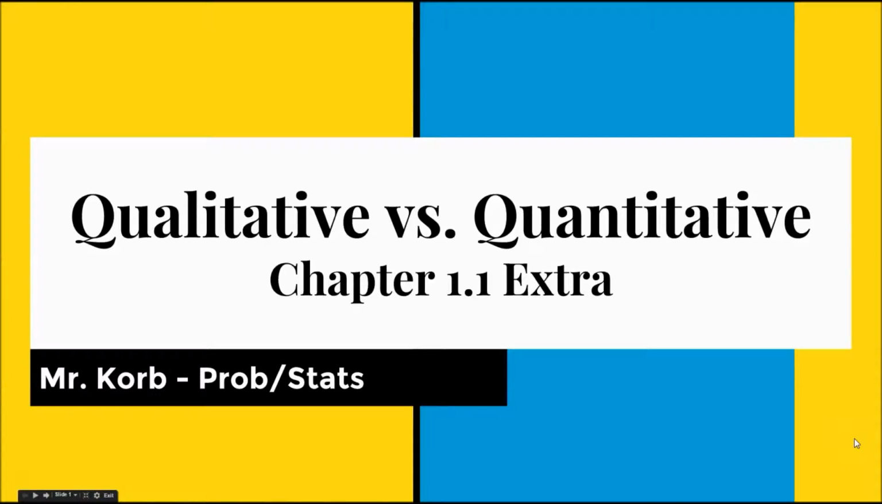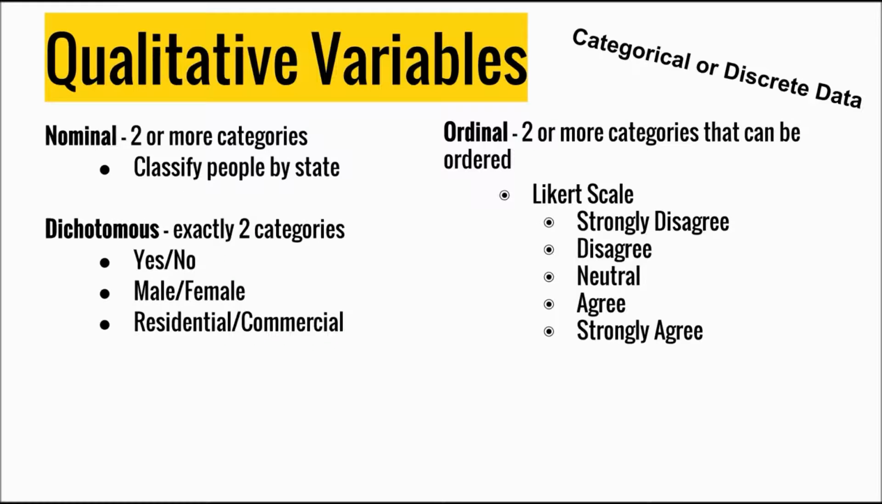All right, everybody, and welcome to our screencast. This is our first screencast of the series. You'll see more of these to come. It's just an easier way to visually see some of the information. So again, we're talking about qualitative versus quantitative, and this comes from chapter 1.1. If you're using our textbook like we are in class with Understandable Statistics, 9th edition. So again, prop stats, Mr. Korb, let's go. So qualitative variables, you got to think of qualities, or this is also described as categorical or